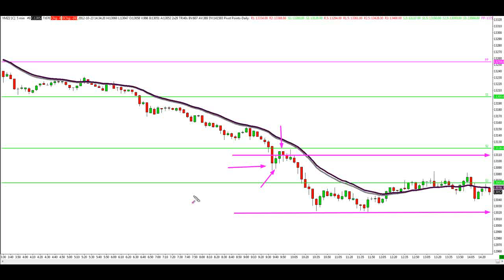Now let's take a look at another tip. Usually charts look the same, but when we're setting up our chart, we can use either a 24-hour chart, like I'm showing right now, or a daily session chart. Now sometimes these two charts show vastly different pictures. Let's take a look at today.